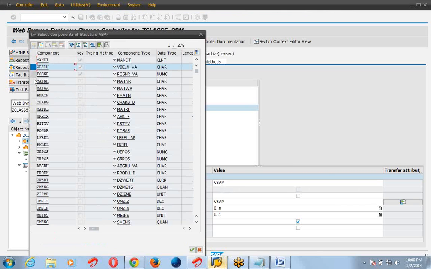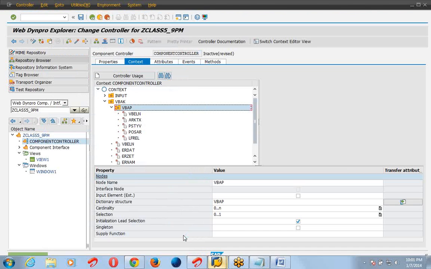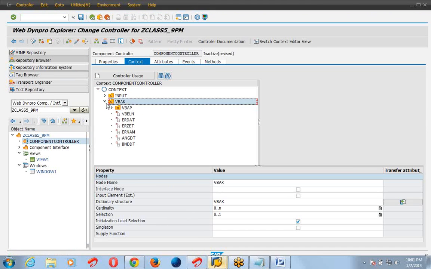Select a common field VBELN, then select any other field. One node is created under VBAP. Now save it.